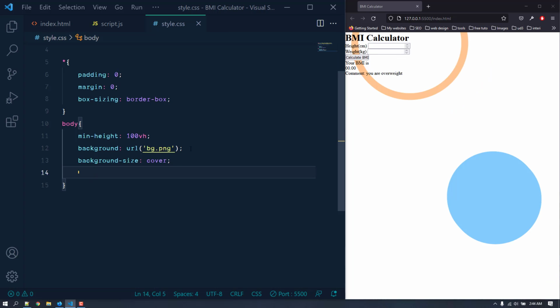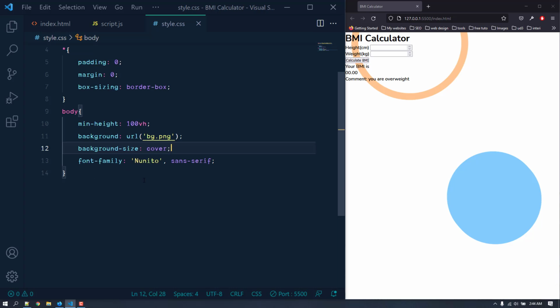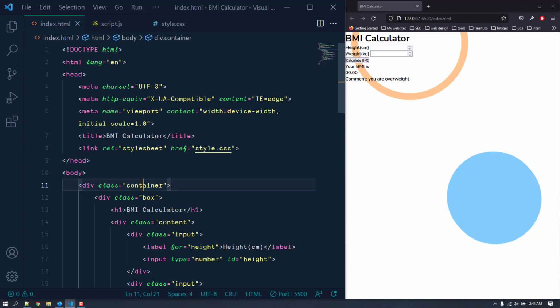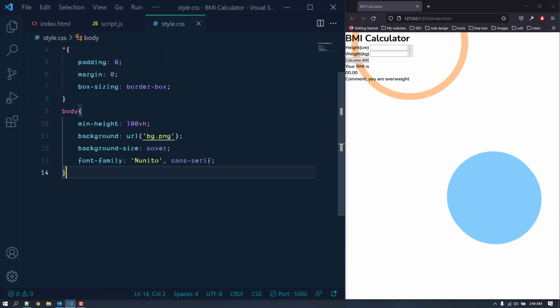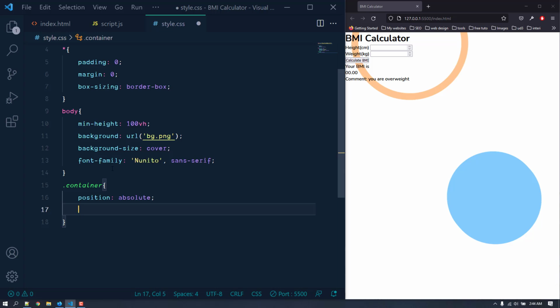Let's save. Okay, fine. Now I want to put this font family here with the body. Now we don't need that anymore. Now we have got this container div which is containing all of these things. So let's target the container div here, and we can make it center by giving this a position of absolute,